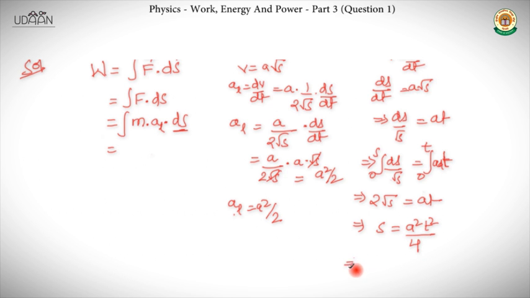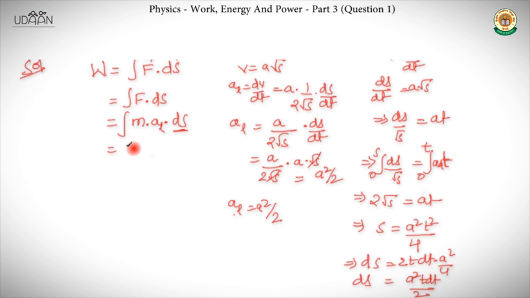So now for getting ds, what we'll be doing is ds is equal to 2t dt into a square by 4. As this term is constant, it won't be changing. So ds is equal to a square t dt by 2. Now substituting this ds is equal to a square t dt by 2 and al is equal to a square by 2